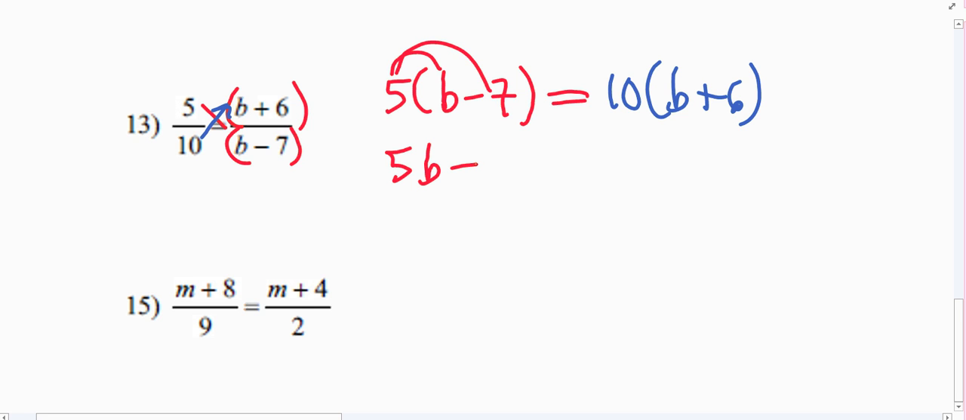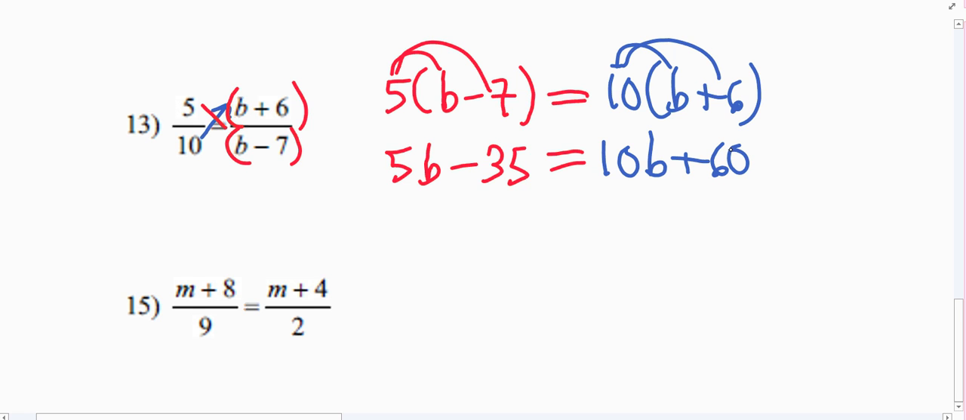And if we stick with the colors here, we'll have 5 times b and 7 times 5. Subtract 35. Okay, then we have 10 times b plus 10 times 6 is 60. And now we're just going to combine our b's. Alright, now